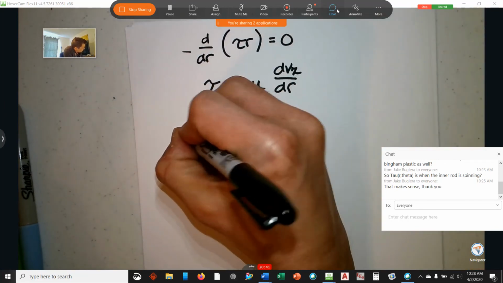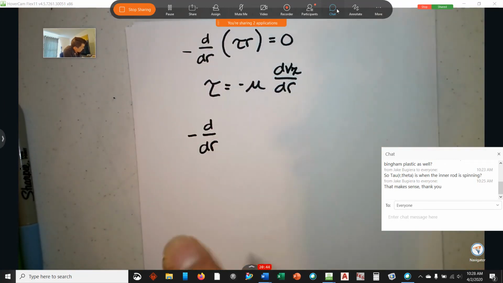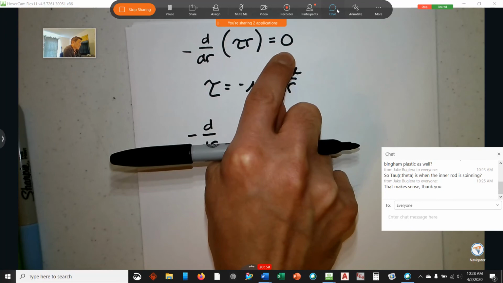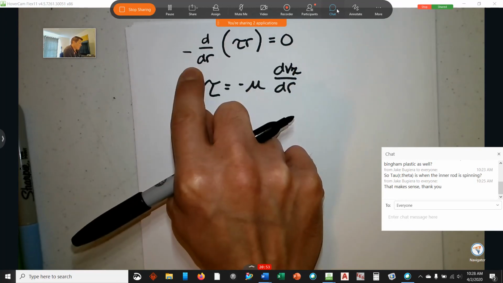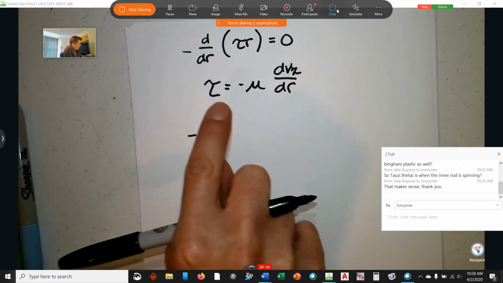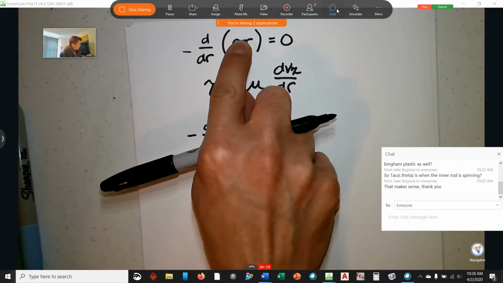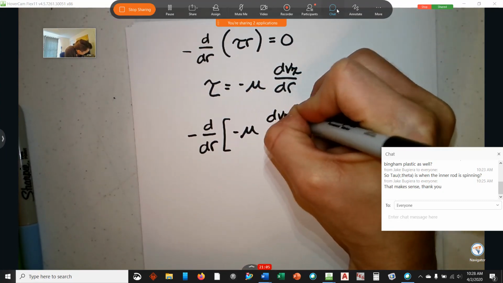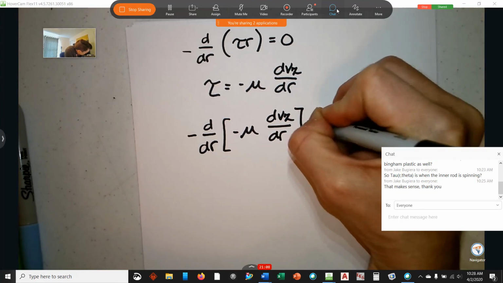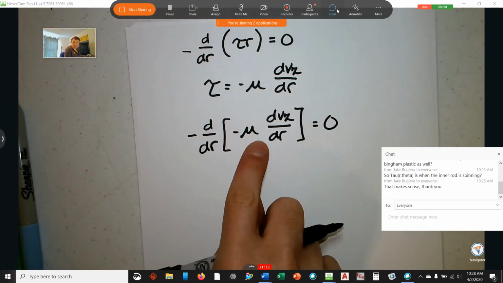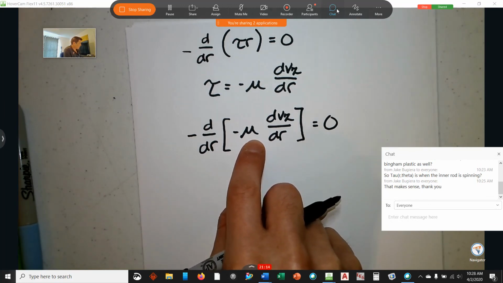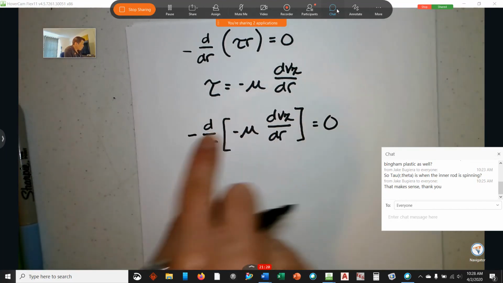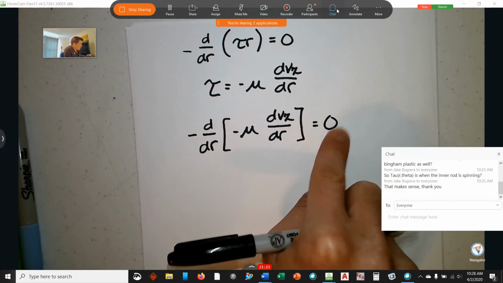So tau is going to be replaced in our differential, so we can get a velocity profile. We know this is telling us that the shear times the radius is constant in our system. The derivative is equal to 0, so this is constant. We want a velocity profile out of this, so we replace tau with negative mu dvz dr, equal to 0. Now we can assume constant mu, we don't have this as a function. We can pull out negative mu, let that negative cancel, and we know that mu is not equal to 0. Oops, and we forgot